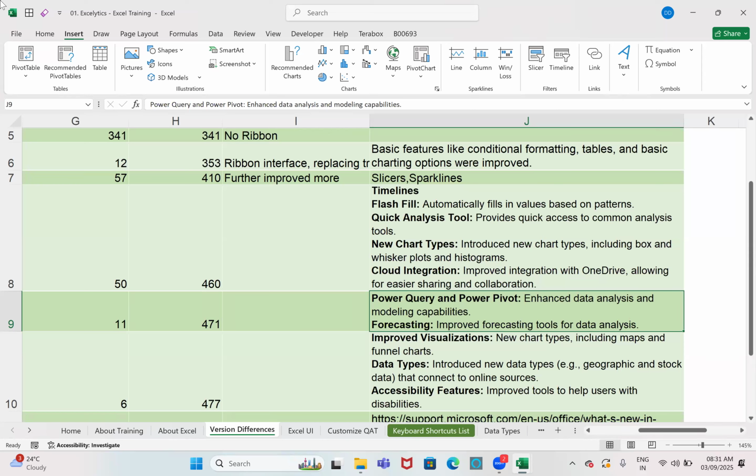Power Query is nothing but, say I have an employee database. When you are downloading the data, sometimes before creating any report, you have to do some normalization.